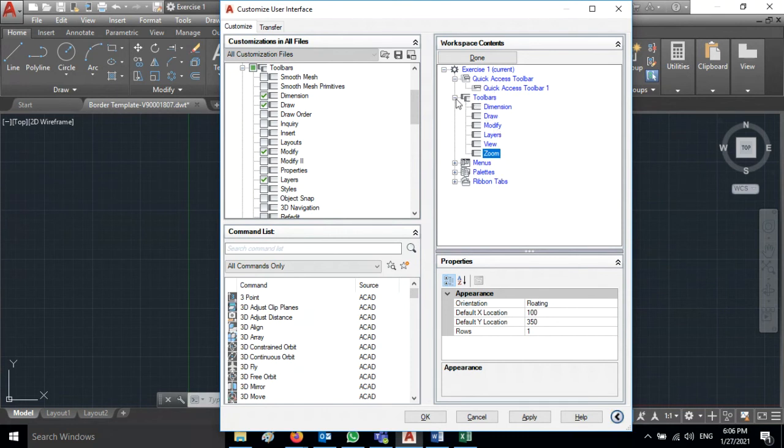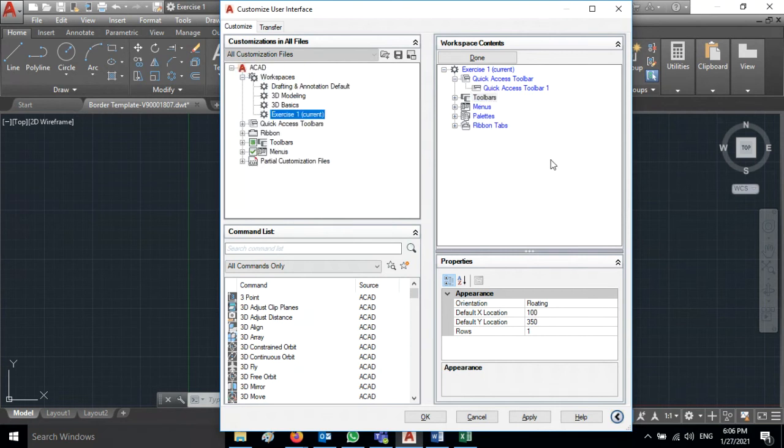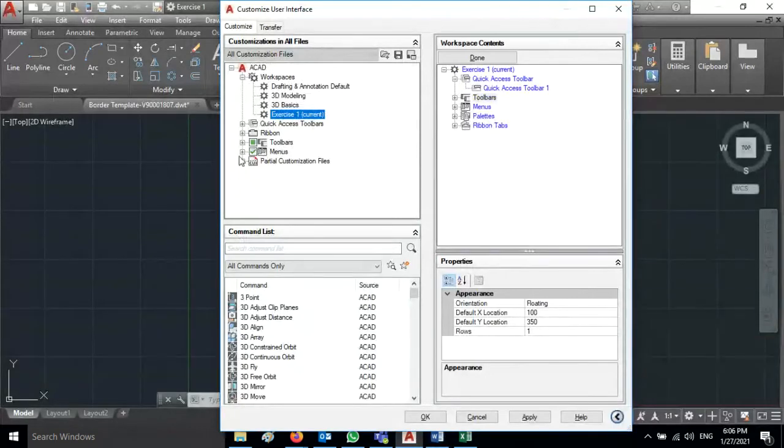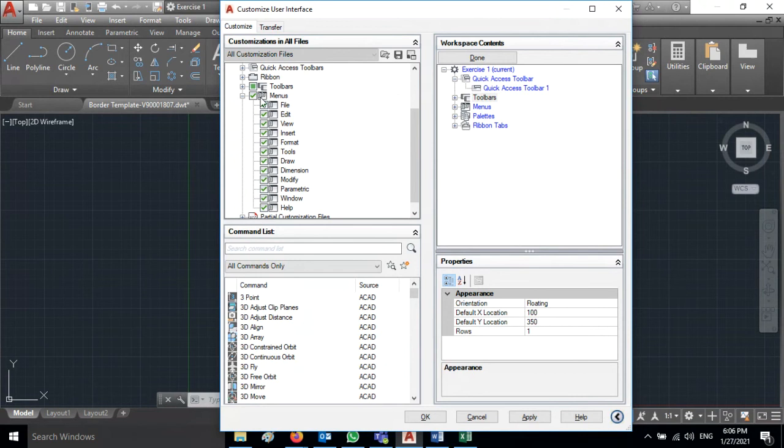Okay, we have completed this toolbar setting. Customizing the toolbar is over. Now what else do we have? Menu. What are the menus we require? These 6 menus we require, 7 menus. Therefore go to menus. Here you have the menu option. See here, go to menu, and it is already showing everything. Just remove this, and whatever we need we can customize.